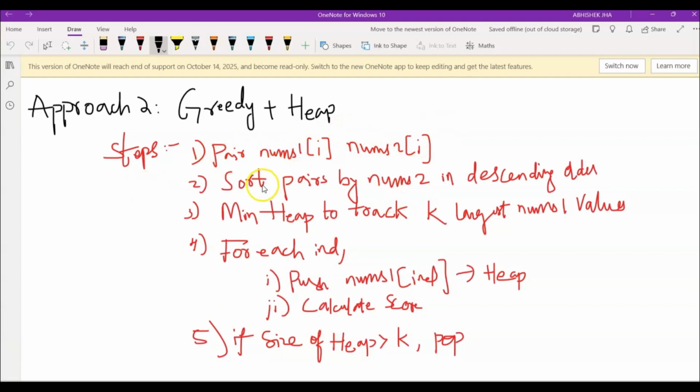And our second step here would be to sort this pair by nums2 in descending order, considering each and every value in nums2 as a limiting factor. And our third step here would be to use a min heap, where we'll insert the nums1 values to track the k largest nums1 values. So here, when we try to calculate the score, until the current subsequence length